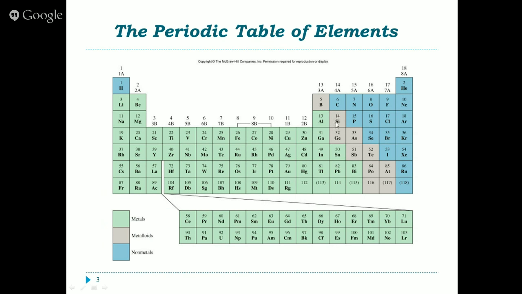He also suggested that there were holes in the periodic table of elements that hadn't been discovered yet, because this table was developed back in 1869. So he had what he called an Eka silicon element that was not yet in existence, or they hadn't discovered, here between silicon and tin. And later on, germanium was discovered. So his prediction of organizing the elements in this manner was a correct prediction.